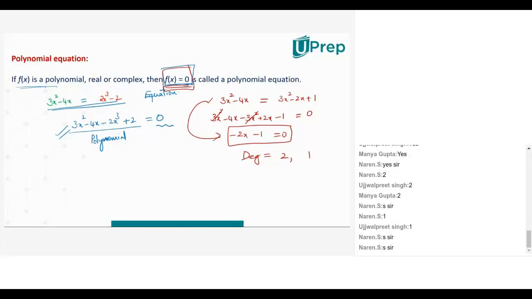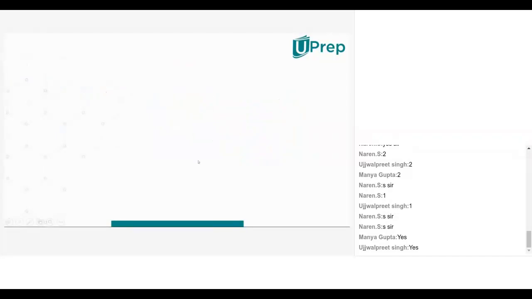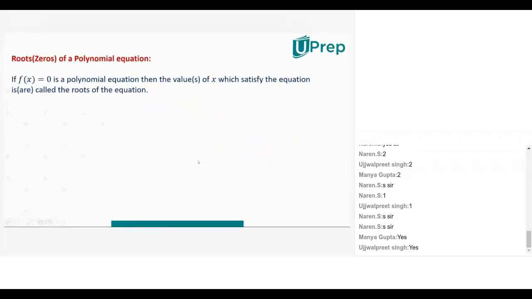Now what are the roots of a polynomial? Now we know what is a polynomial equation. What are the roots of a polynomial equation? Just now we have seen there is some expression 2x minus 3. Is it an equation or an expression? Because I have not equated this to anything, it's only an expression. 4, that is an expression. Now I am trying to equate them. Then it forms an equation, right? Now forget about this 4 on the right hand side. 2x minus 3 is an expression.